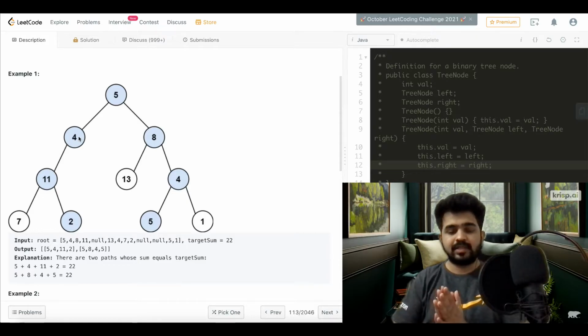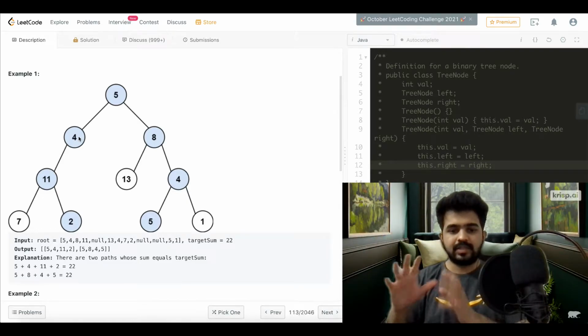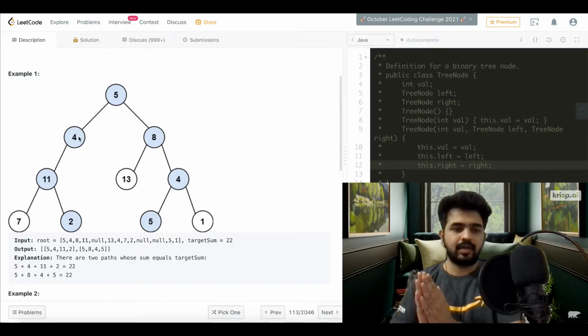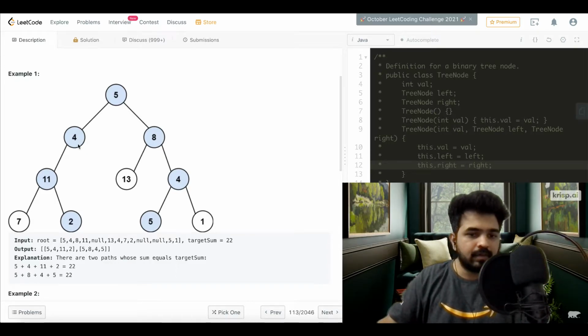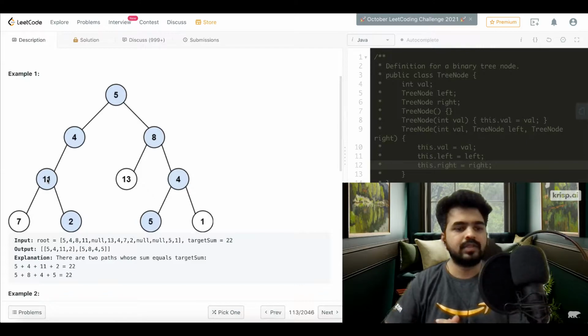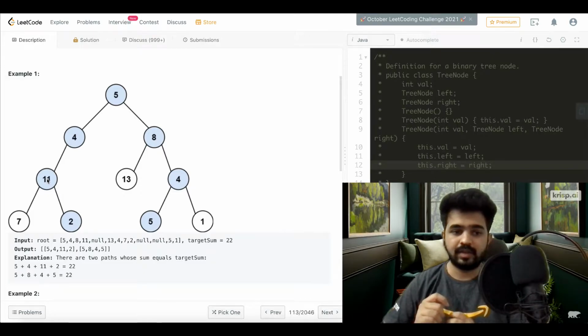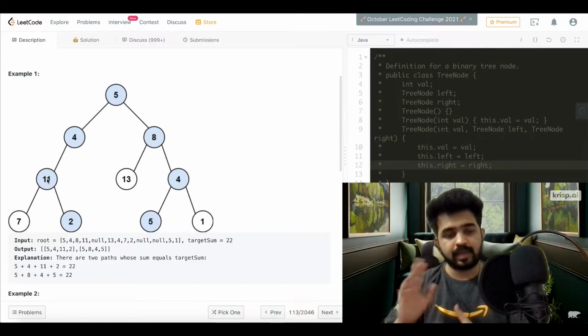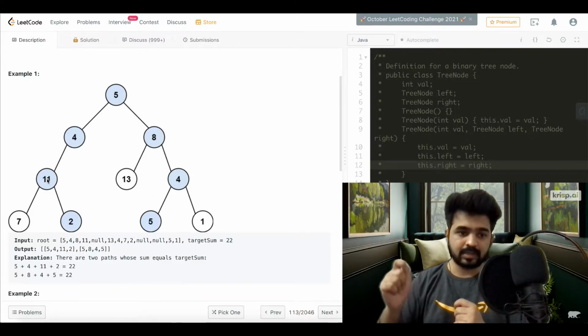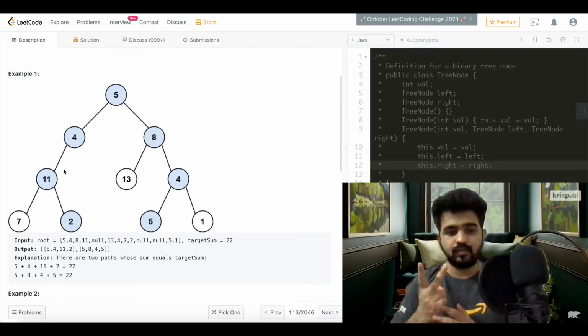So we are basically saying to my left subtree, this is the target sum you want. Can you get that? So we come to 4, we need 17. We check if it's a leaf node, it's not. So we make recursive calls again, and we subtract 4 from 17. We get 13. Then we go to this node with value 11. We again check if it's a leaf node. It's not a leaf node, so that means we need to make recursive calls. So we subtract the value of the node from the target sum, and the target sum was 13 here. We subtract 11 from it, we get 2.